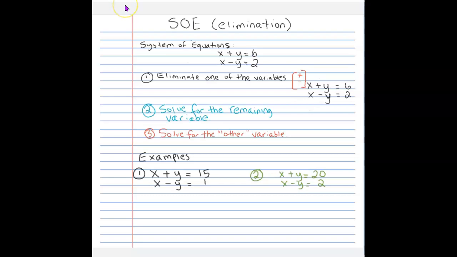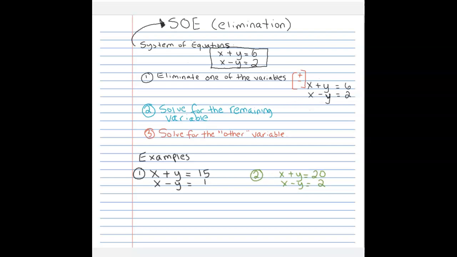All right, hello everybody. Today we are going to be talking about systems of equations. So this is the start of a newer unit, and with systems of equations, which I'm going to call SOE here, there are three different ways that we can solve a system of equations. A system of equations is something that looks exactly like this, where we have two equations and two